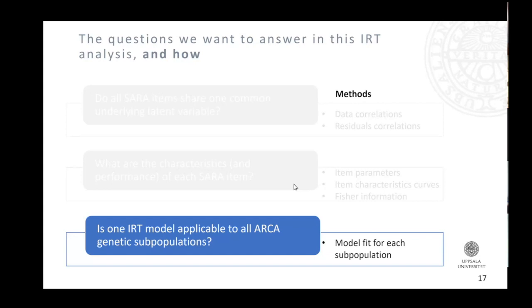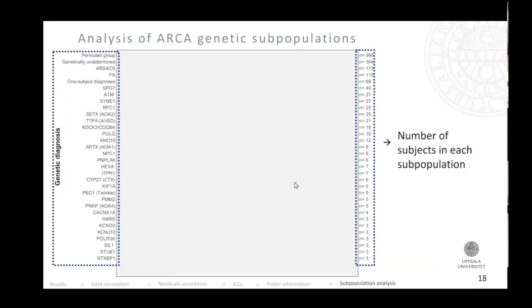So in rare diseases, we would hope that we can actually base it on the main disease, and it would be applicable across subtypes. So we did different types of assessment in that respect for SARA, and they did point in the same direction: that indeed we could not see any evidence of any subtype requiring a separate item response model. I'll show another example from Parkinson's disease later where we did find that. But in order to